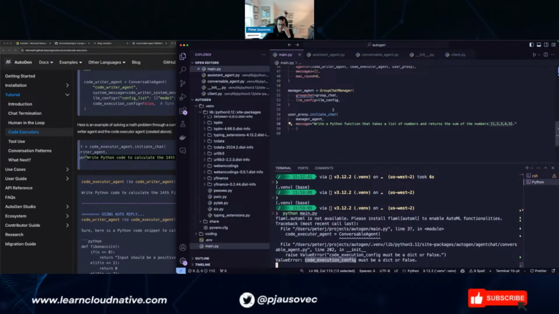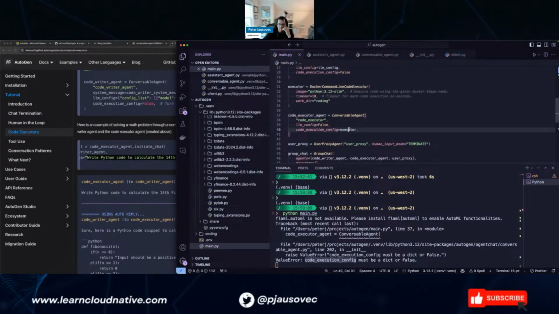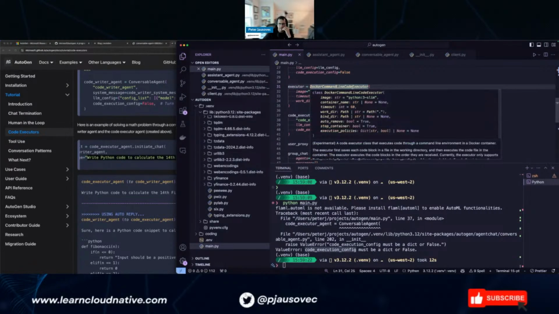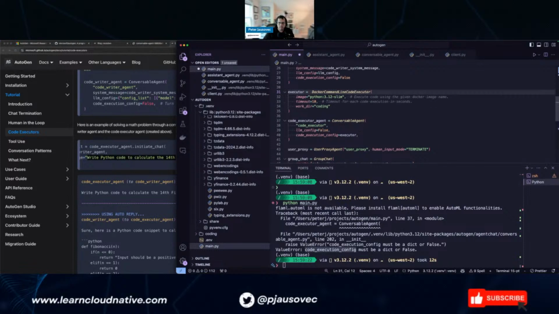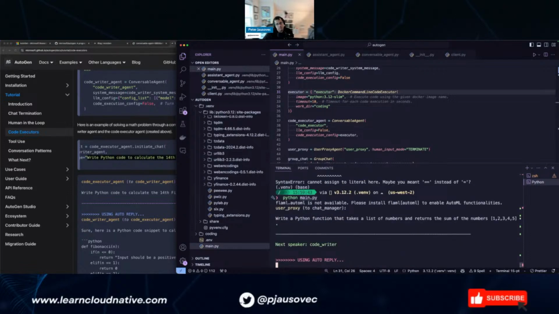Code execution config must be a dictionary or false. What am I missing? Was it something like this, if I remember correctly? I don't remember. Oh, that's what it was.